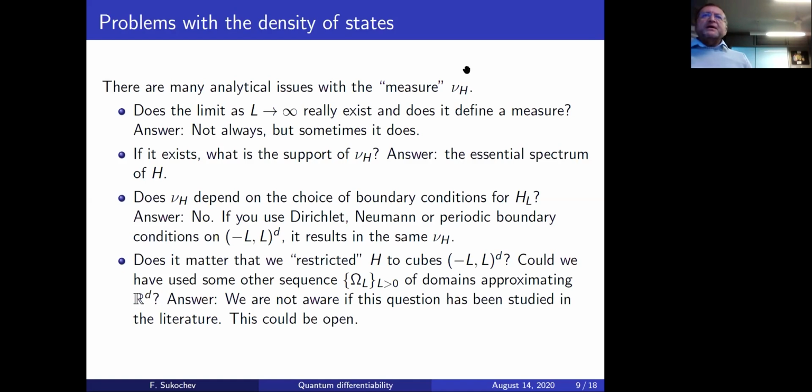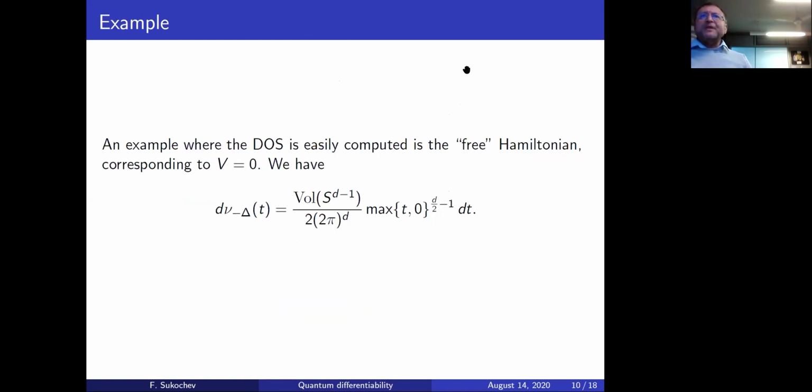Well, I'll give it only one example, and it will indeed be a very simple computation to perform, which I will not perform, but I will simply show that if I have a free Hamiltonian, what does it mean, free Hamiltonian? It means that the function V, the multiplication operator which I use to perturb the Laplace operator, is 0. Then in this case,